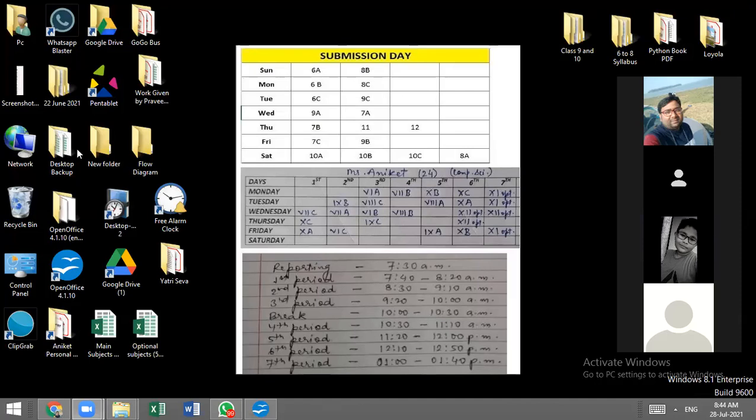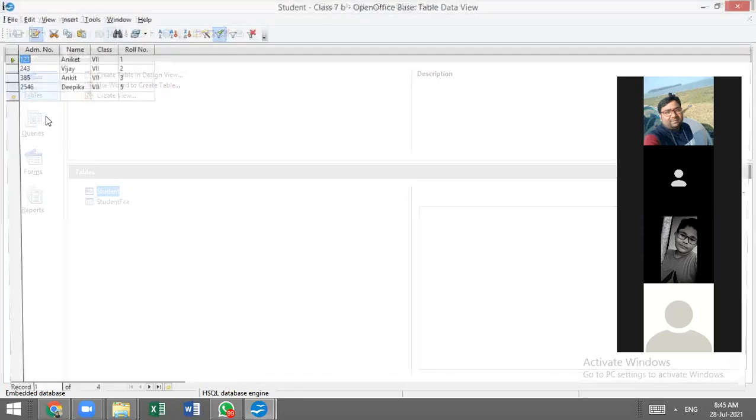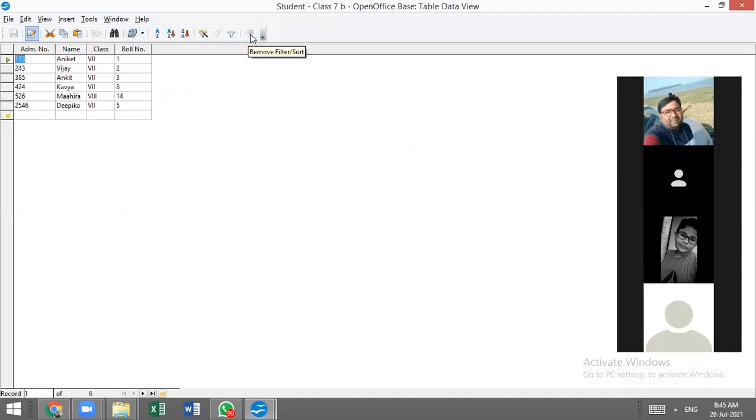I have one database of class 7B with me. In the table section, I have student data. I hope you can see this student table. If I double click on it, all the records will become visible.